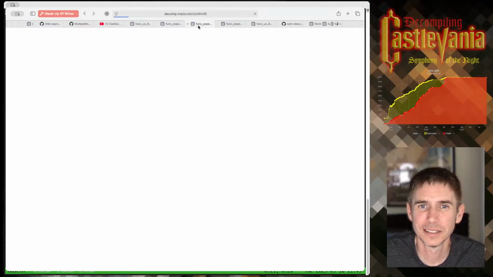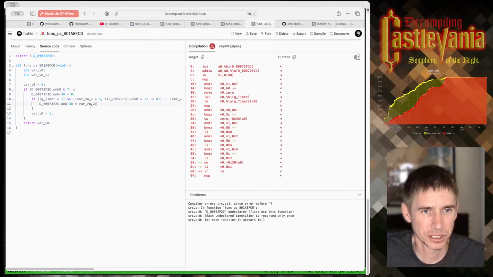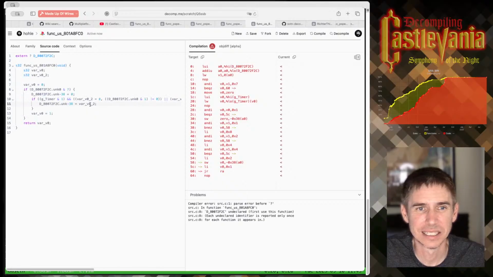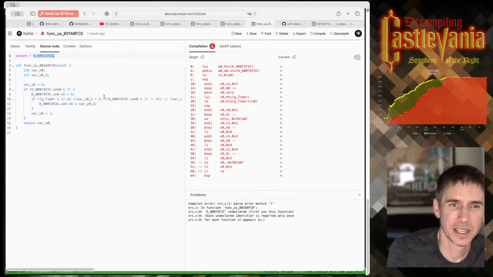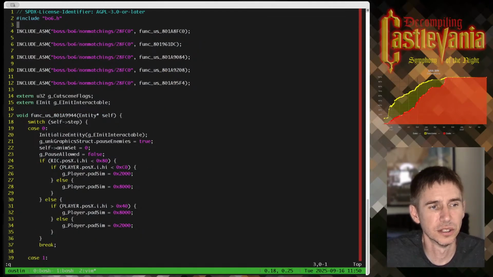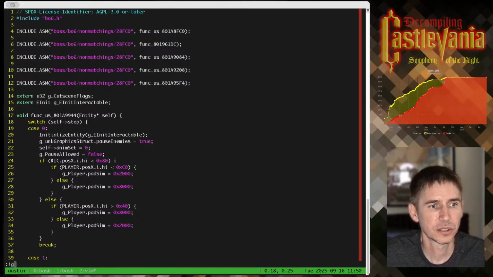What I don't like, just looking at this function, it's not a terribly complicated function. I don't think it's going to take much. But I don't like that we don't know what any of this is. And with the exception of gtimer, the only other global that we have is unknown. And it isn't a duplicate. So let's go find, I'm gonna keep that one open. Let's go find this symbol.